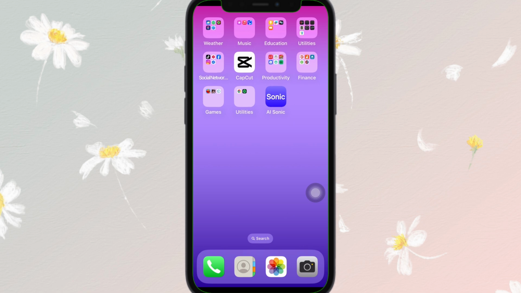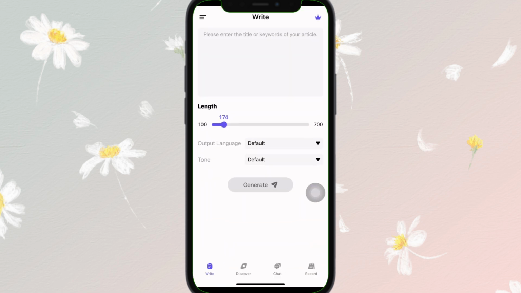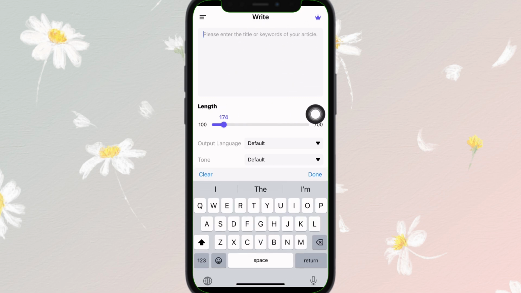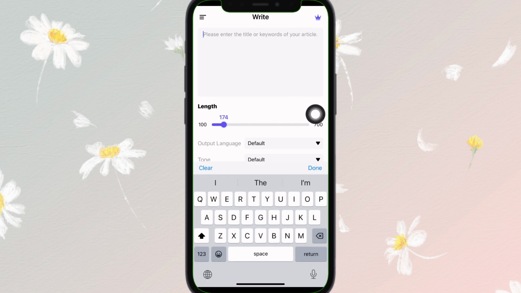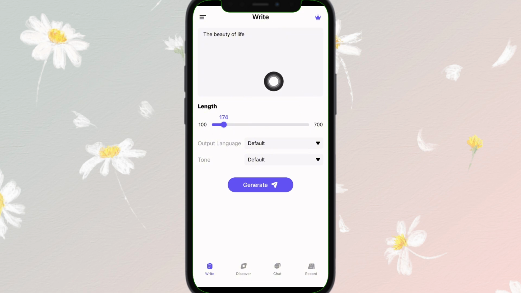First of all, open the AI Sonic application just like this. After opening it, you will simply find something like this on your home screen. Now to create content writing, simply enter the title or keywords of your article just like this. Tap on it and type the title just like this, and tap on done, and you need to simply